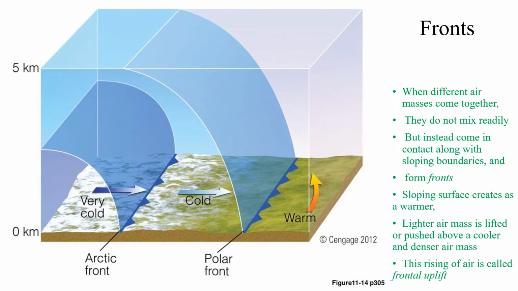As density differences are most often caused by temperature differences, fronts usually separate air masses with temperature differences. Often they separate air masses with different humidities as well. Remember that the air masses have both horizontal and vertical extent. Consequently, the upward extension of a front is referred to as a frontal surface or frontal zone,